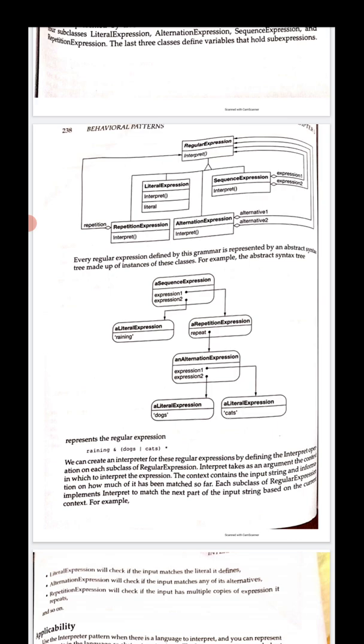Expression 1 is a RepetitionExpression, and expression 2 is a LiteralExpression. In the repetition, the AlternationExpression takes a LiteralExpression, cats, and another LiteralExpression, dogs. This represents the regular expression raining (dogs | cats)*. Now we have to create an interpreter for these regular expressions.